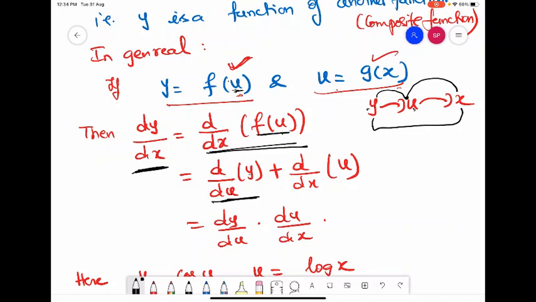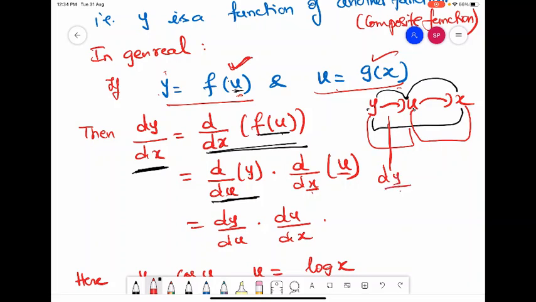Right? And then this is not plus. Sorry. And then I will multiply into. Then I will differentiate u again because u is another function with respect to x. So differentiating y first with respect to u and then differentiating u with respect to x. That is what we have to do. So this will give you